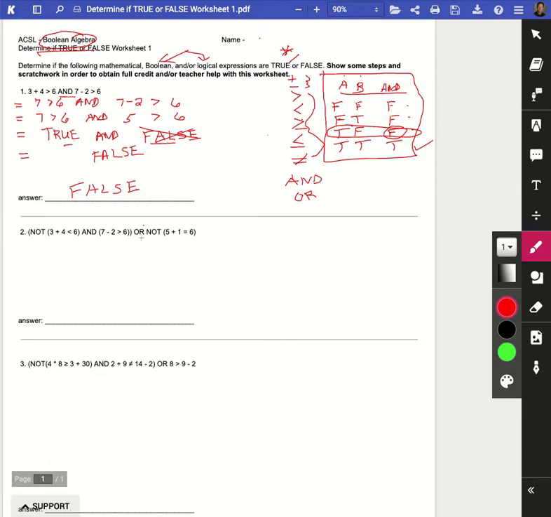Next exercise. It's a lot more involved. It has an and, it has an or, and it has a not. Three Boolean operations, as well as some mathematical operations, as you see, the plus and the minus, and some relational operators. Don't forget about your less than symbol, your greater than symbol. Okay, let's proceed. The first step, working from inside the parentheses out, this turns into 7, this turns into 5,